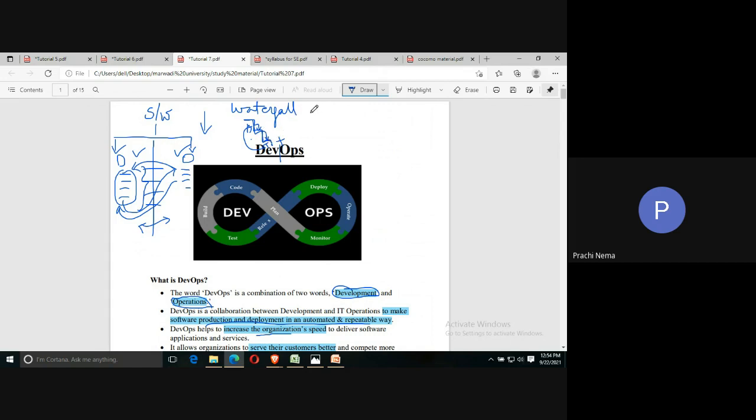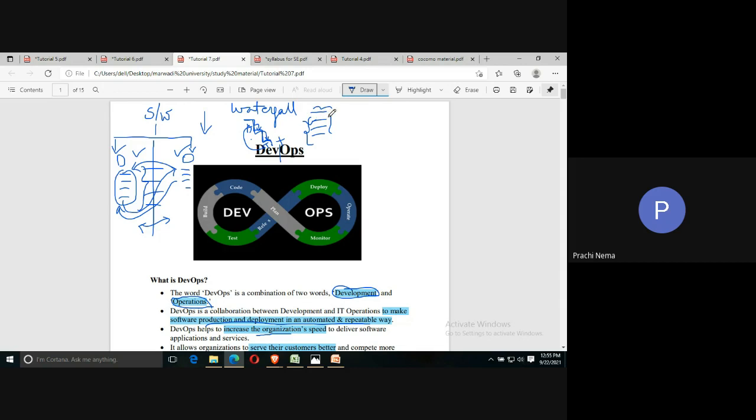There are two types of execution: in sequence, that is one after the other, or in parallel, that is all the phases are being operated in parallel. If you think about this, sequential execution is very much less efficient in comparison to parallel execution, because if we operate in parallel, we can deliver the code in much less time. In sequential execution we get to know about the errors and flaws of the system very late, but here we can get to know about them at that particular time only.